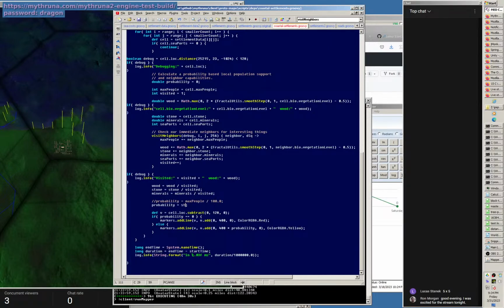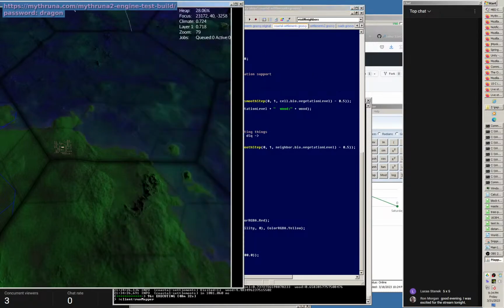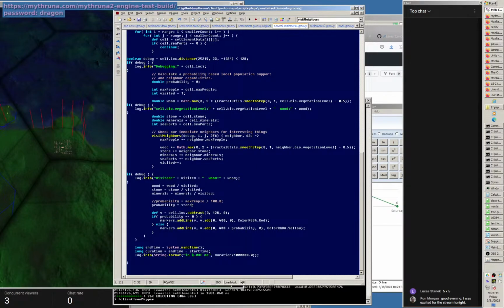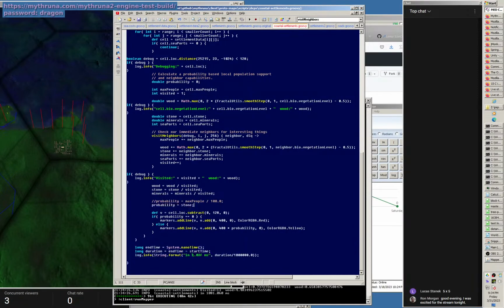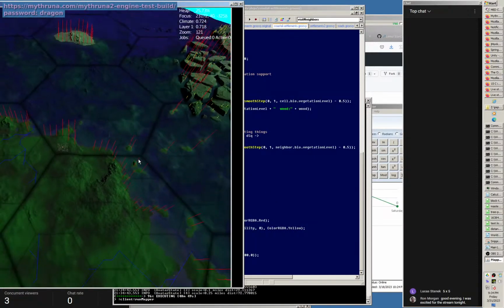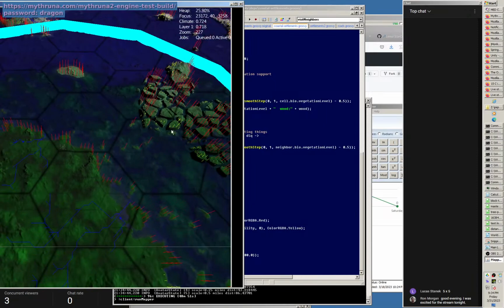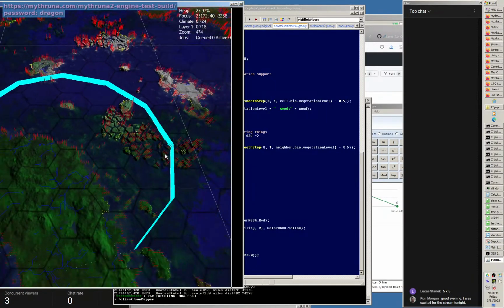Okay, so let's see what stone looks like. We shouldn't have much stone at the coastlines. Yeah, so we got some, oh cool. Got some stone over here by these guys. Minerals. I don't think we should have any minerals at the coastlines, but maybe we do. Yeah, so everybody's red. So this is going to be a problem because I haven't factored in